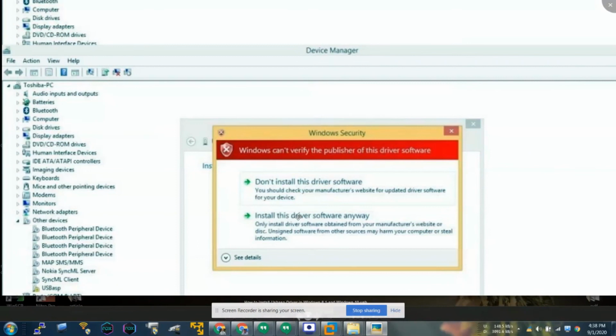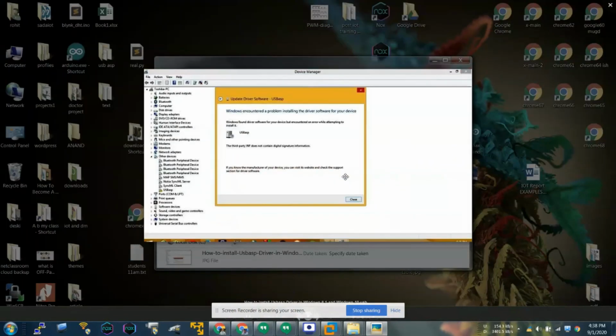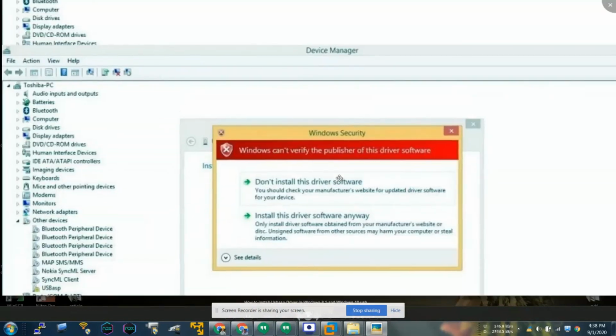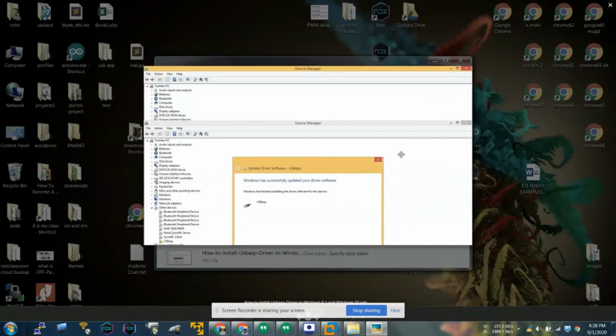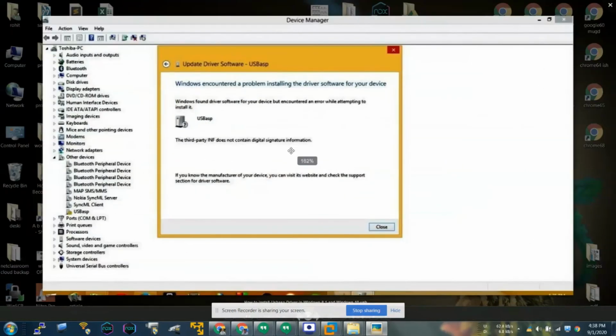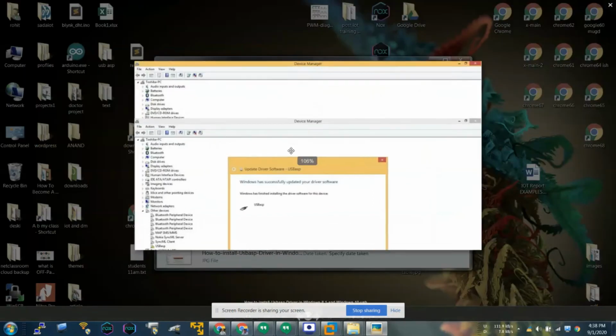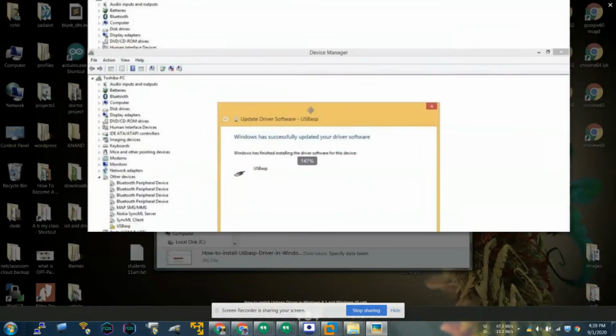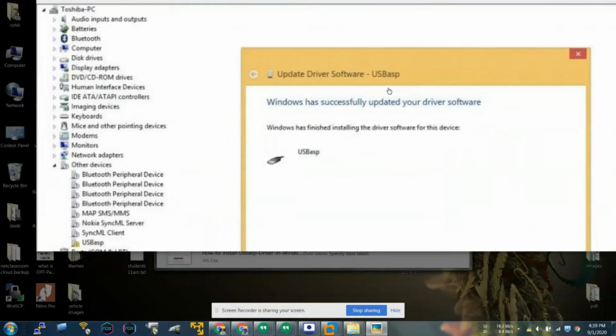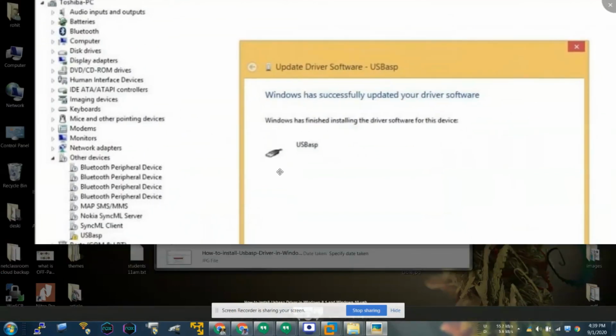So when you select the right drivers, it will say install this driver software anyway. This screen will be visible, and after that you will not be getting the option that the driver signature is enforced. You will get the message that USBasp drivers are installed correctly. At this stage, your USBasp is ready.